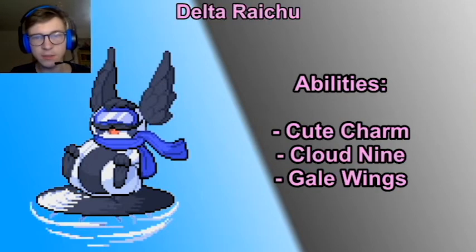Its abilities, it gets Cute Charm, Cloud Nine, and Gale Wings. I don't know, why does this thing have Gale Wings when it doesn't have any wings? I don't see the wings. Regardless,